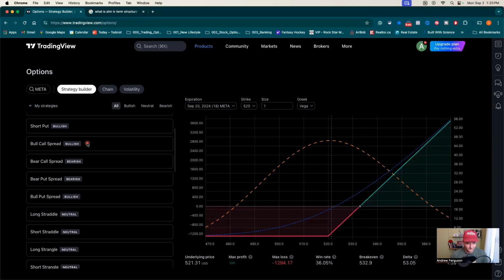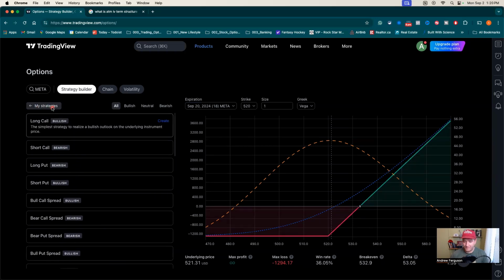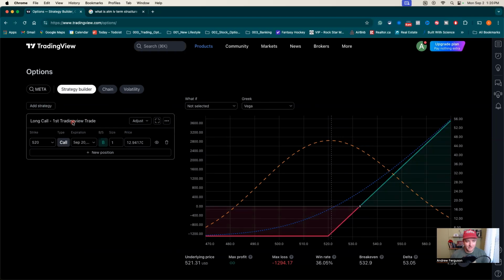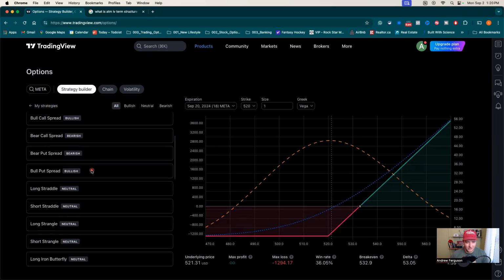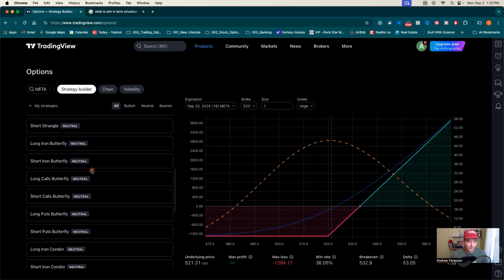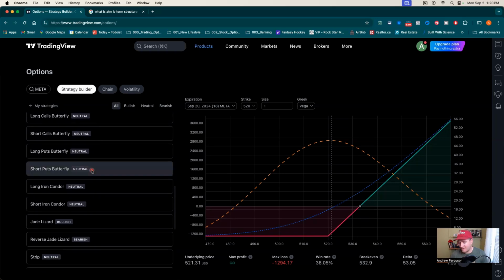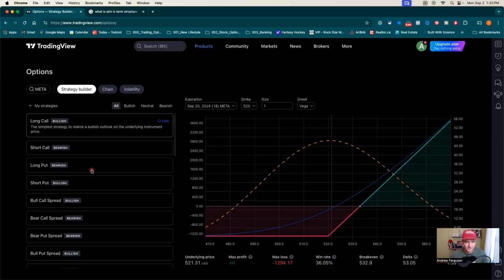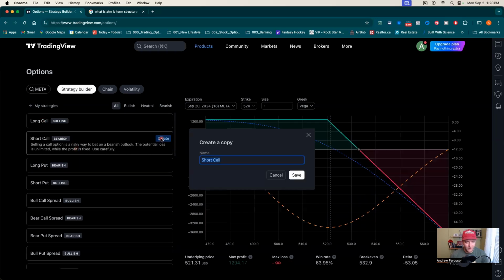And I go back to my strategies here if I want to flip back and forth. So I'll always have this long call in there. But if I click on add strategy, I go back to my actual list of strategies. I can add more to the gambit if I want to do a couple bullish, a couple bearish, one of each. Maybe it's a bit of a mix. I can keep adding these strategies. If I want to do, let's say, a short call as well, I can create a short call,